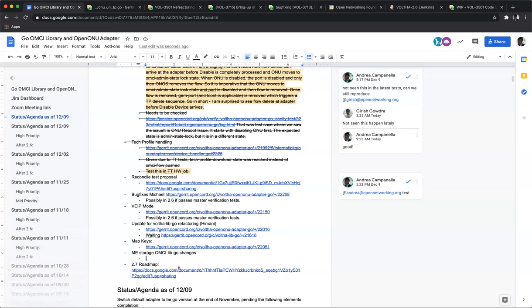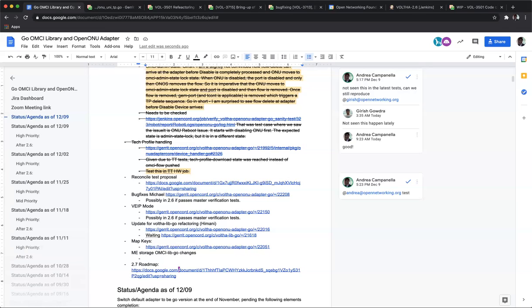But I thought the library was already giving all the information that was needed for actually storing the ME. It was just us in the adapter that were not doing it. But in a discussion with Holger the other day, I understood that it was not the case, and there's still a requirement in the OMCI libgo before we can actually store it in the adapter. Can you guys clarify this for me, please?